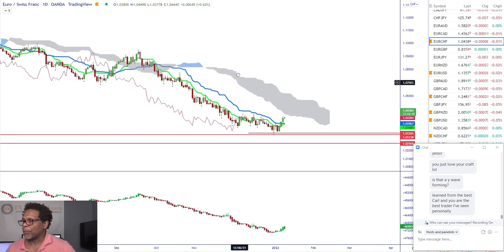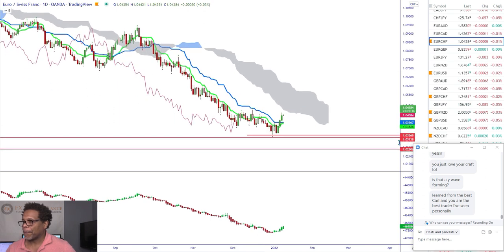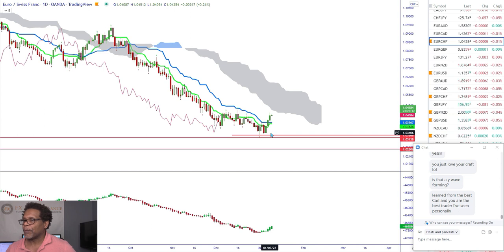You're already starting to push up, all right? But we could see another push down. And in order for us to really see a change in structure, a change in the trend, we need to violate this level. We need to see the push lower, but failure to break this level, and then a push back higher. That will give us the 1, 2, 3 reversal and a new N wave formation.